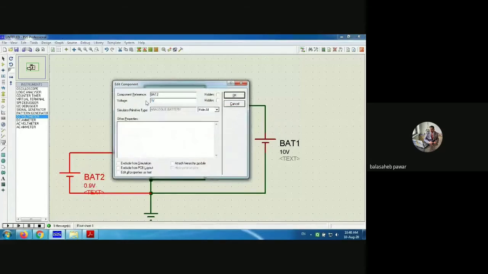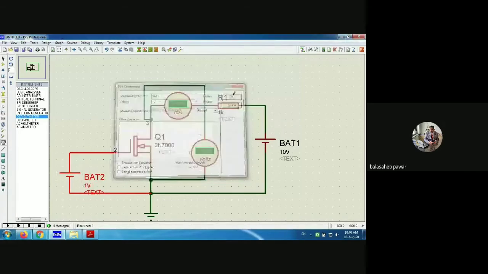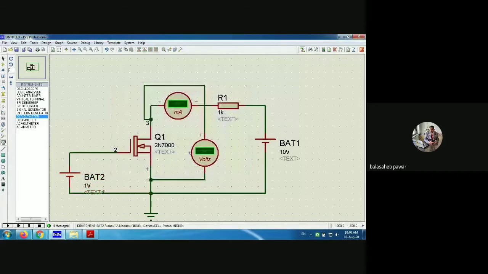Now, we will increase this input voltage from 0.9 to 1 volt. We are going to increase it, keeping the step size constant at 0.1 volt only. And again, we'll check what is happening. Now, how much is the current? It is 0.67 milliampere, which is sufficiently large compared to the previous case. Previous case means when the input voltage was just 0.9 volt, we were getting the drain current ID of only 0.05 milliampere, right? And the voltage drop across the transistor, that is VDS, was 9.95.